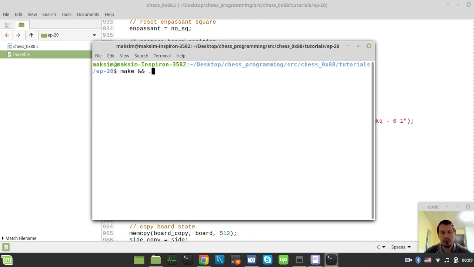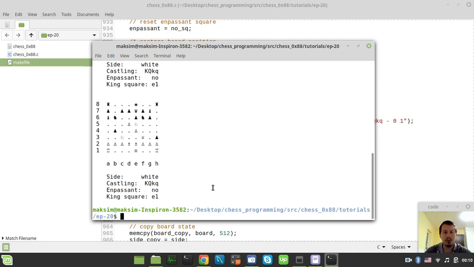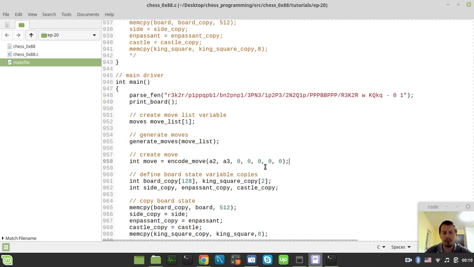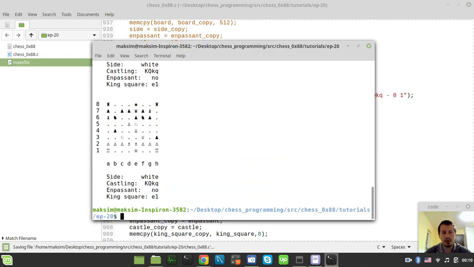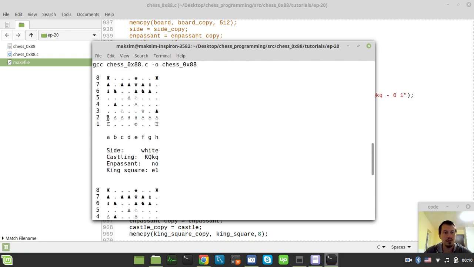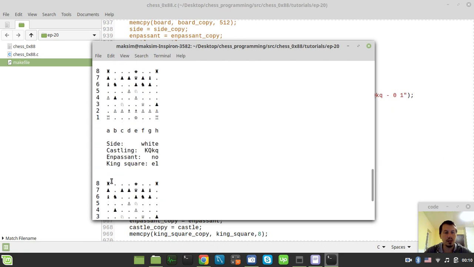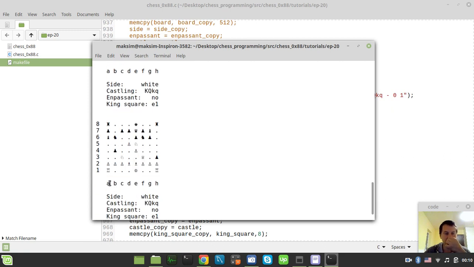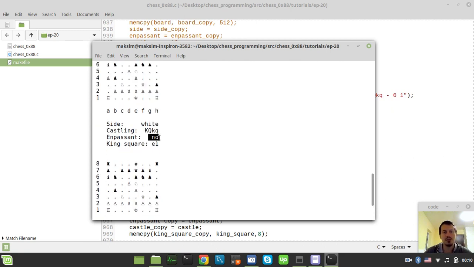And if it compiles, we just want to run the binary executable produced by the compiler, which is called chess hexadecimal 88. So here we go. First, I will probably alter the move from A2 to A4 instead of A2 to A3, so we're handling the double pawn push. You see, pawn on initial state, pawn here, and pawn here. But nothing much really happens, so we don't have the en passant square